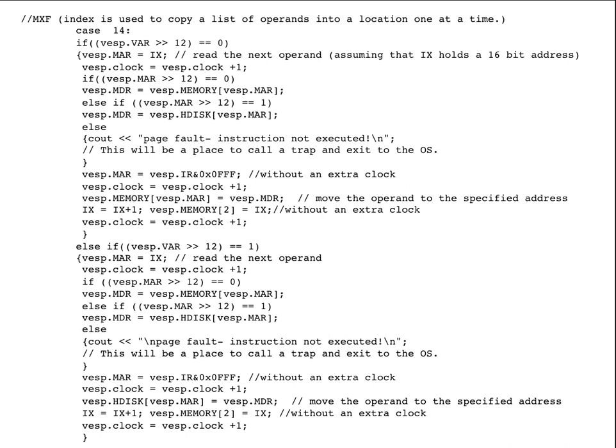And the difference is that in the kernel version we're somewhat more cognizant of the potential problems that may be generated by writing into undesirable memory locations in Vesp kernel. So I have put in some minimal protection, as you will see in just a second here, on MXF and MXT instructions, which you should, I think,